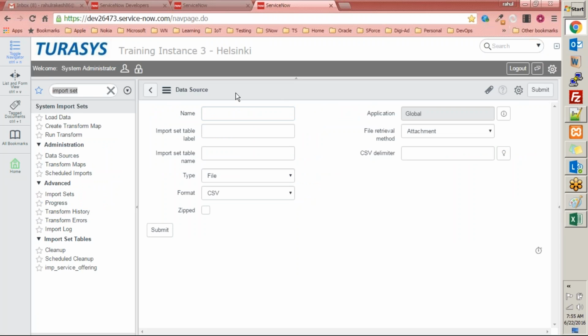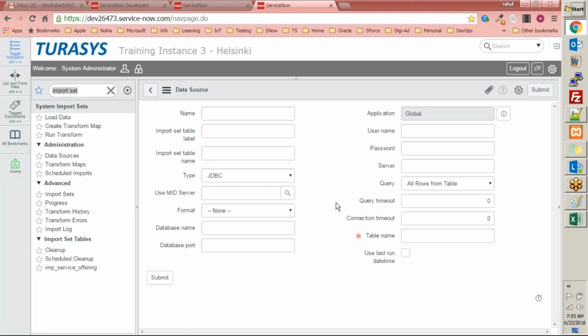Let's go ahead and see. So this data source could be of a file type, but with file type data source we already did using the load data and service offering Excel file. We did that, so we are kind of ignoring the file type data source right now. We'll go and pick JDBC data source. I'll name it as